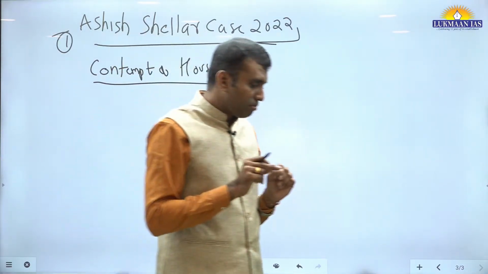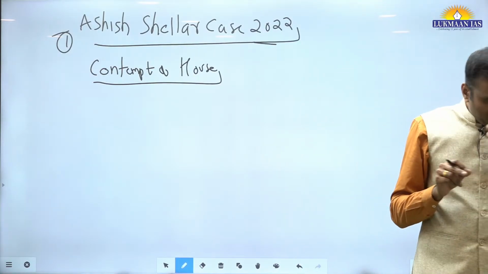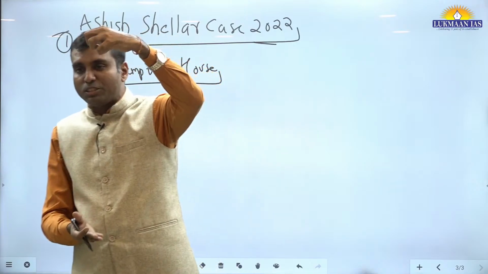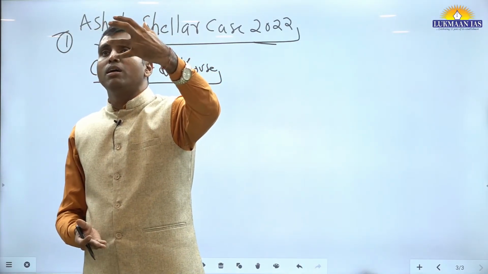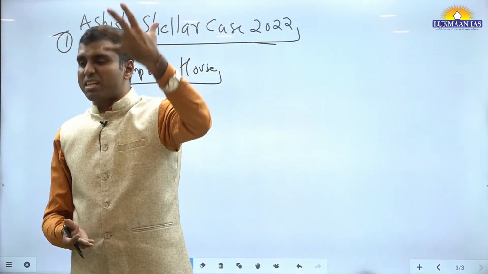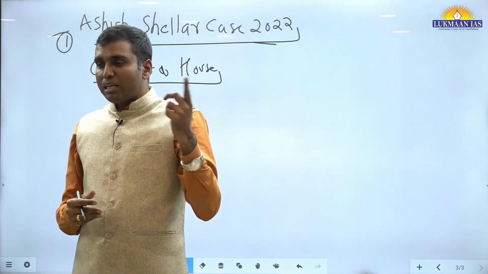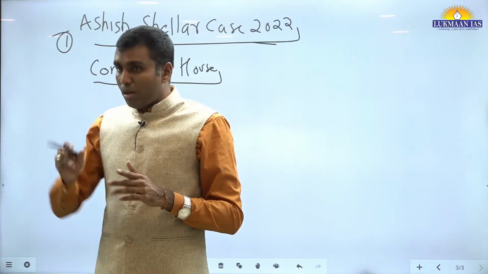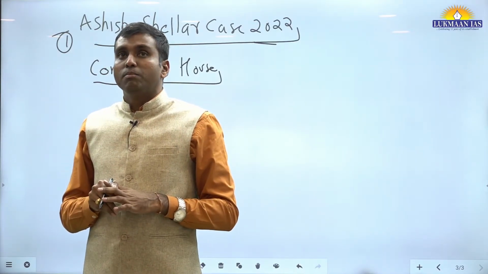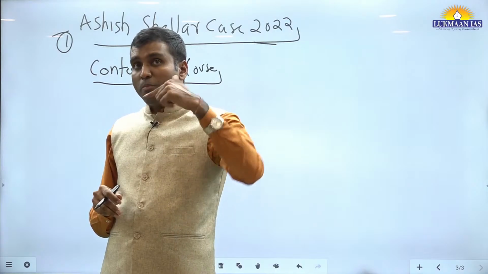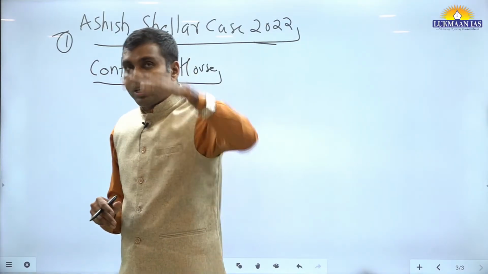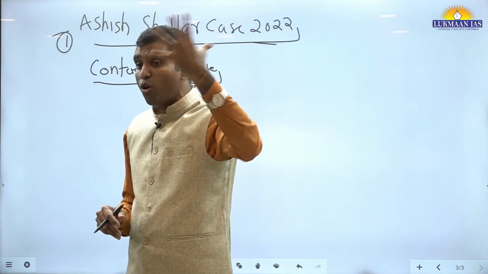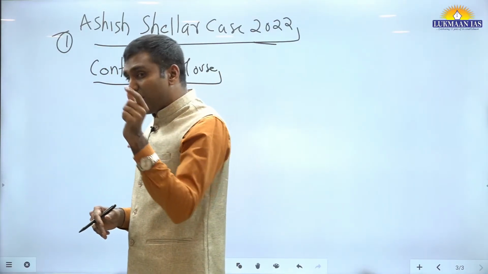Number two. On a hierarchy, contempt of House has a very strong implication. For contempt of House, the individual can be expelled, suspended. I am talking about the members. Individuals can also be sent to prison. So the stringency of punishment or penal provision as far as contempt of House is concerned is very strong. One example of contempt of House is